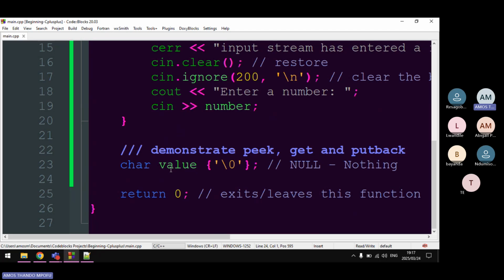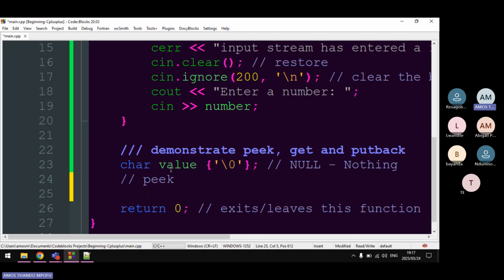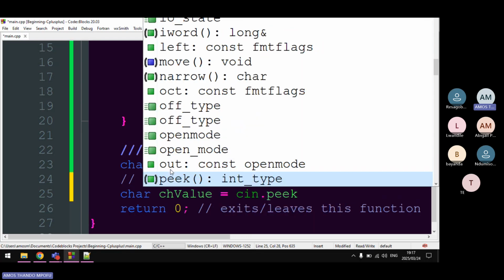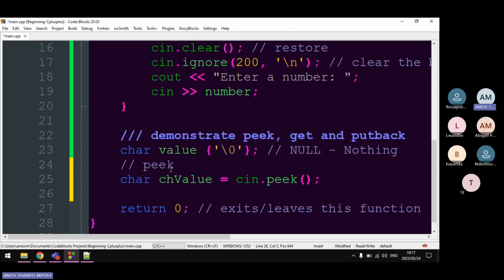So let's try to pick and get, and then after getting, we put it back. So let's try to pick. I'm going to say C. I can put it in its own variable, so ch value, because remember the pick function returns something. So cin dot pick, meaning I just want to see what's in the buffer. I just want to take a peek, but it doesn't delete what's in the buffer. To show you that it doesn't delete, I'm going to try to extract the char value from the buffer after picking. So here I'm going to say cout